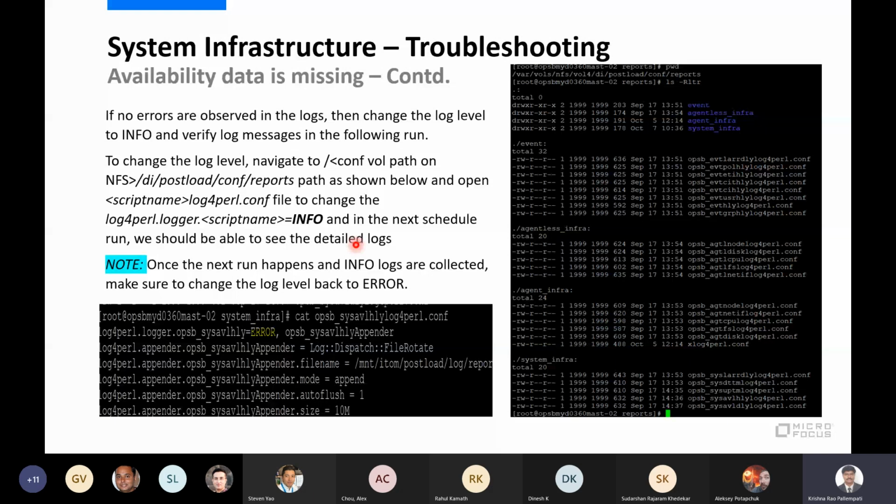Once we get proper data into the log for one run, you can change back to the error state. Otherwise, the log keeps on increasing. Though we have an archive mechanism, a lot of information will be logged into the log file. So that's why we are asking you to put it back to error, so that from the next runs you don't require that much data to analyze.